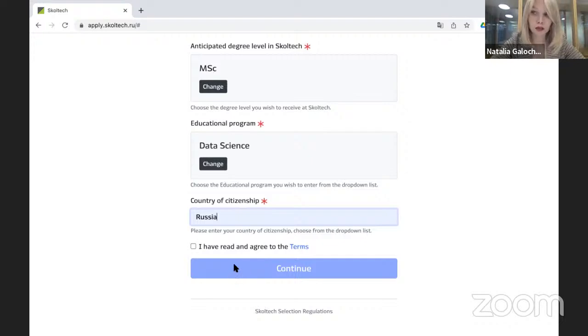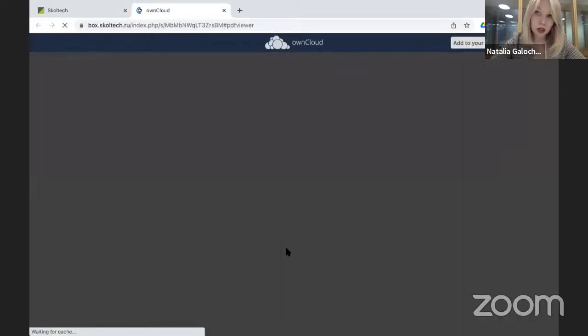Please pay attention to that as well, so it's very important. So the next thing, just to proceed, we have this sentence: I have read and agree to the terms. In case you would like to see the terms, you can just go ahead here and look